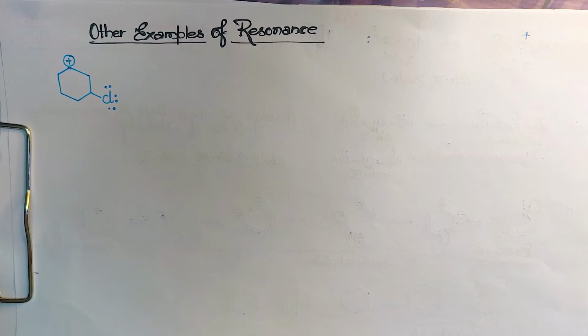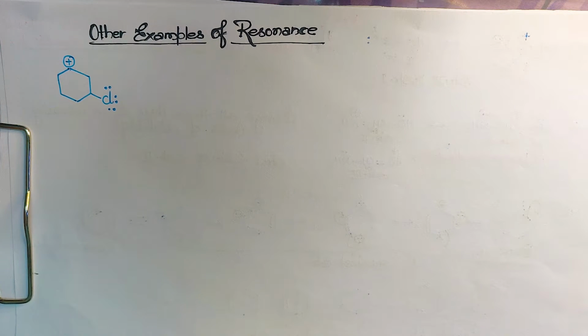Very good morning, class. So today's video is just an extension of the last previous video about resonance. In that video we have done three tricks, about the stability of resonating compounds and how resonance occurs. Hope that is clear. Now we are going to proceed with a few more examples, and as I told you, the rest of the tricks I will discuss today only. So let's start with this.